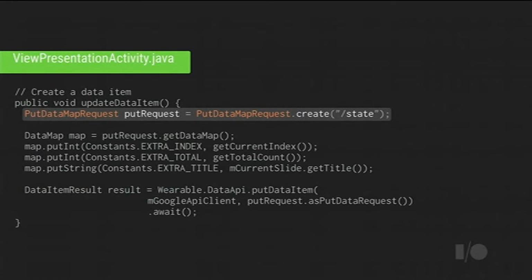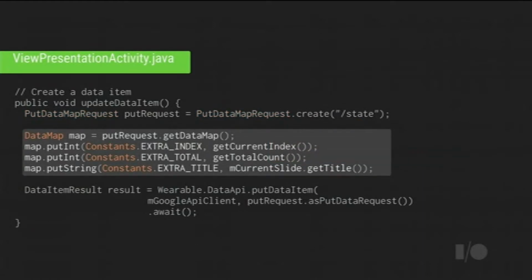So I create this /state path, and internally, the data API is going to create this fully qualified URI, where, // node ID, and state. Now, you don't have to worry about that as much as developers. You can just worry about the paths, et cetera. But knowing that this is the format of the URI will help you later when it comes time to reconstitute these URIs on the other side.